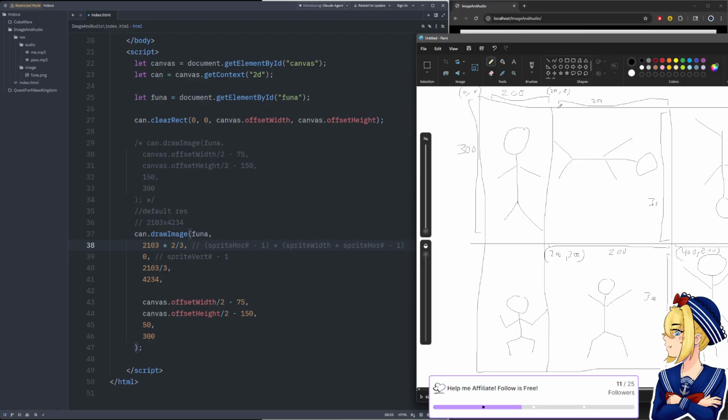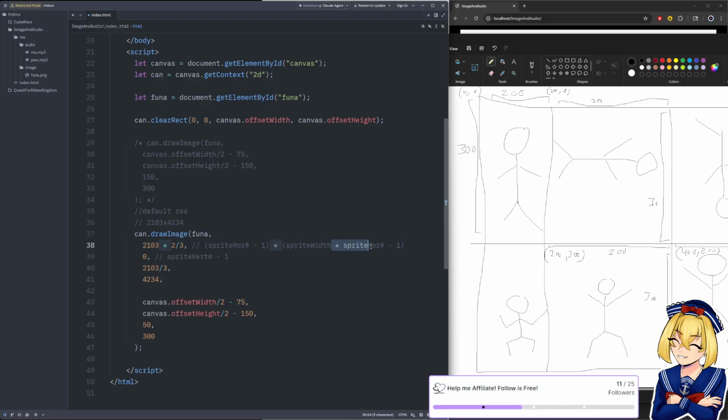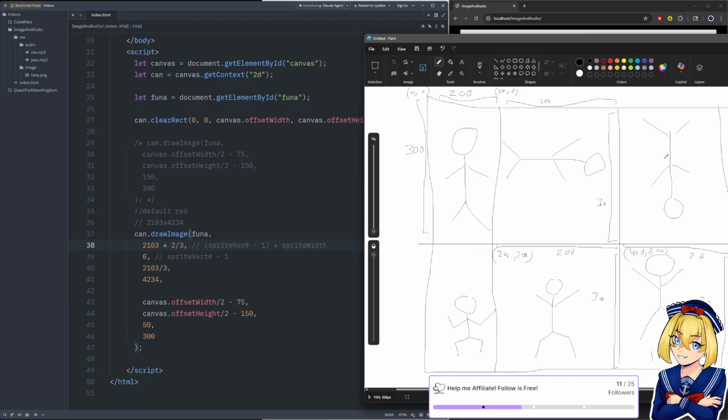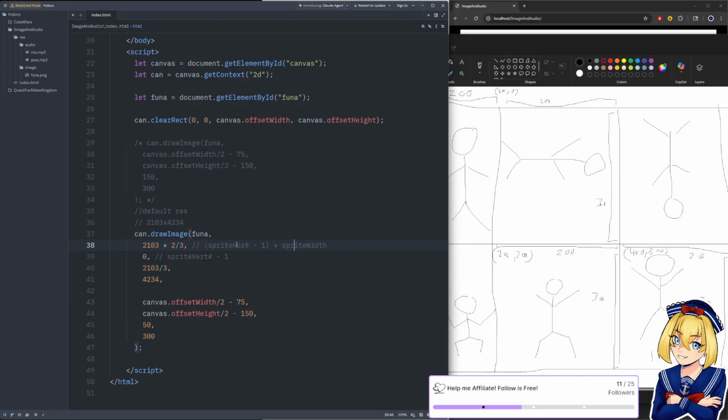I think we just need to multiply by the width, like this. I don't think we need to make it super complicated. So then the third one would be reduced to 2, which would be 2 times the width. Yeah. So for your x position, this would be the math that you need.